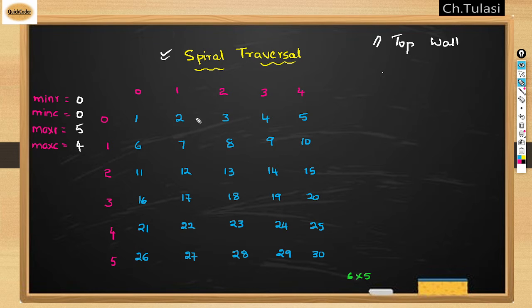So what I will do is, let me write a for loop. Let me take I equal to min column, I less than or equal to max column, and I plus plus. So what do I want to print? System.out.println. Let me take this as matrix. So matrix of